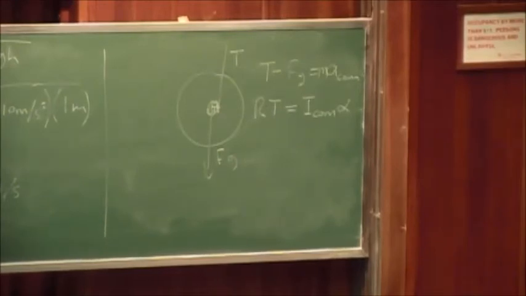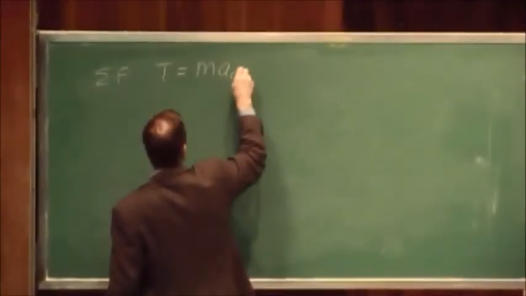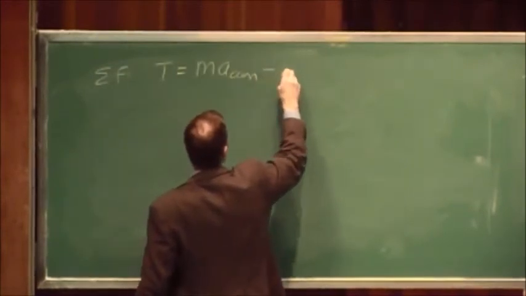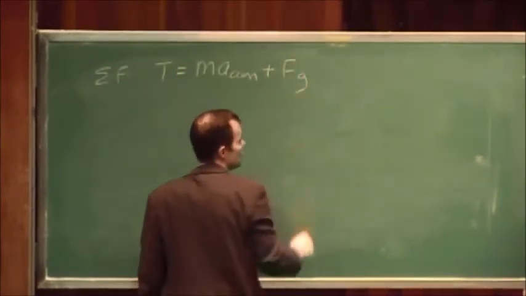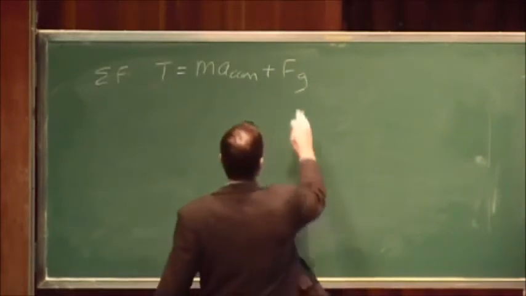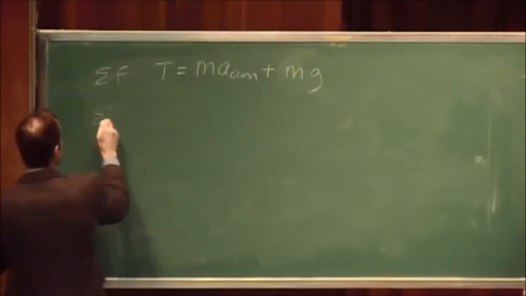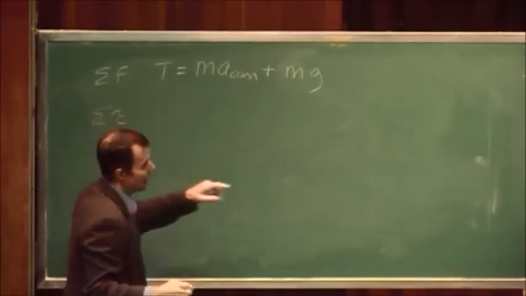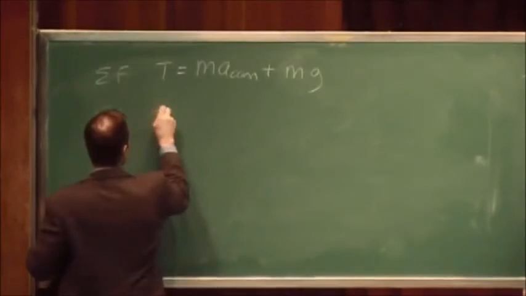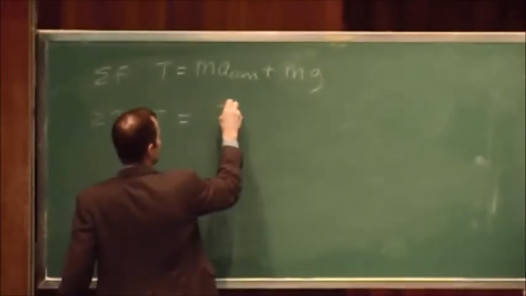There's something very different in this than the one that I just previously did, which is that the sum of the forces, I get T is equal to M A center of mass minus or plus F G, or I'll just put M G. And for the sum of the torques, I see that I get a T. I can solve for T. T is equal to I center of mass